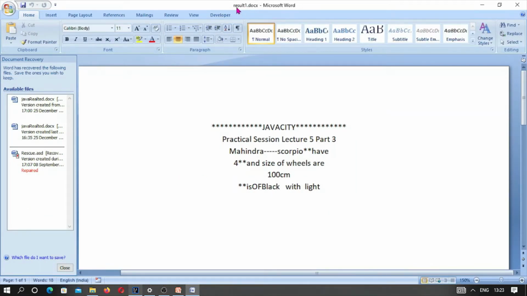You can see on the top, this is result one, and here all the things whatever we did in the past are now getting printed out in another way. So this way we are achieving the task of creating an inner class. So let's go ahead and try to understand another class.